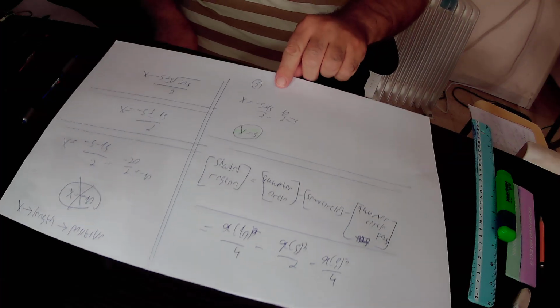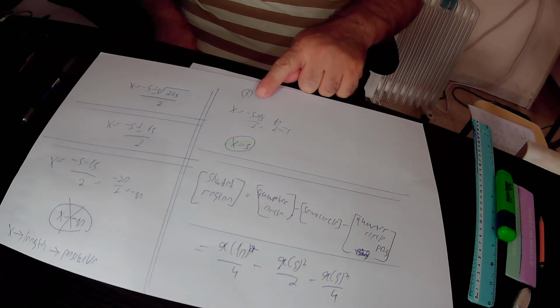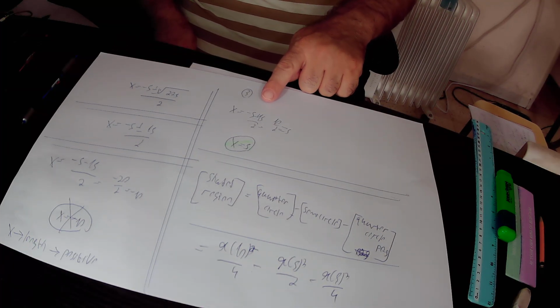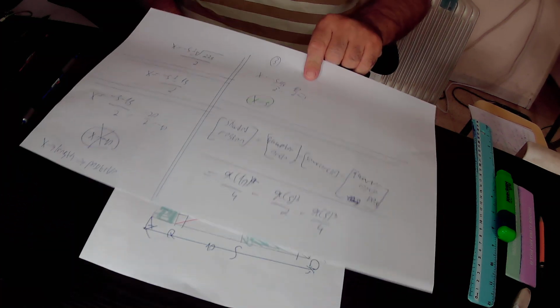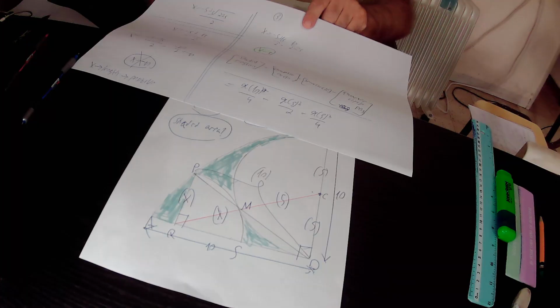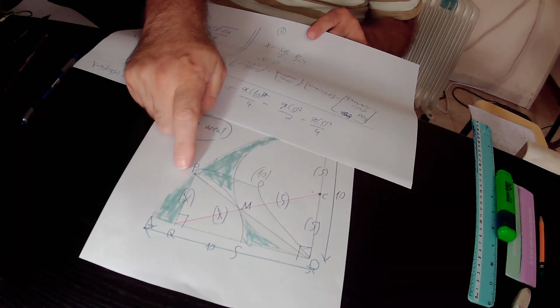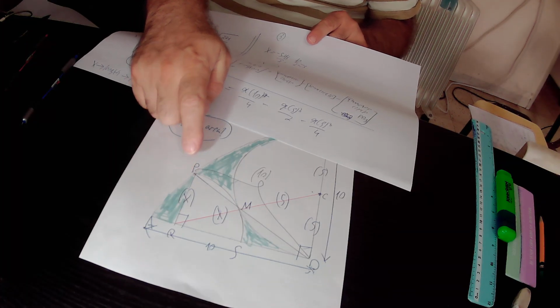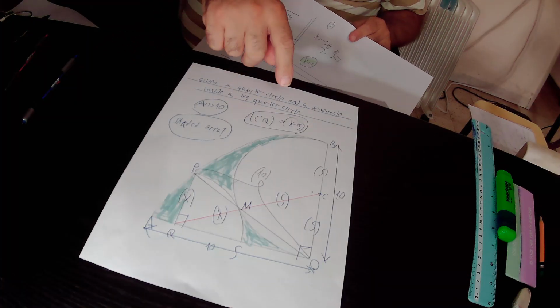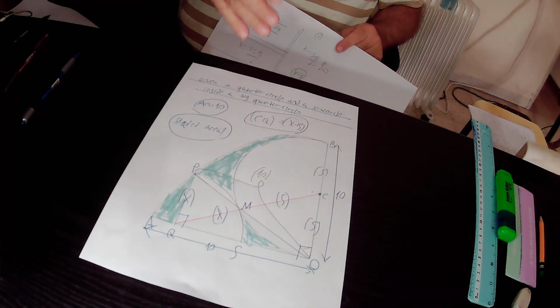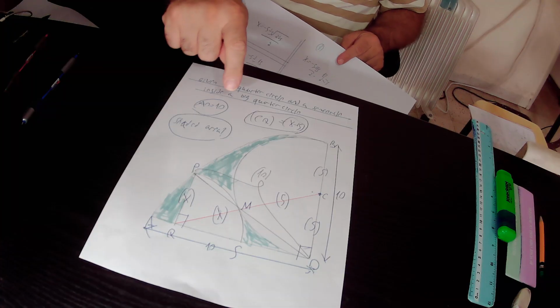The second solution for x is that x equals minus 5 plus 15 over 2. Minus 5 plus 15 is 10, over 2, and 10 over 2 is 5. So we found that x equals 5 units in length, that is to say the radius of this small quarter circle PQS equals 5. Our task is to find the size of this shaded region. From the drawing it is very easy to see that the size of this shaded region